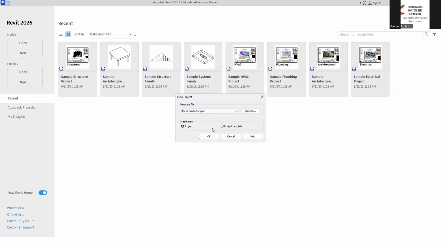But for this introduction, we're only going to use the default template. Your professor next term, when you really start Revit, might ask you to use a certain template which becomes the standard, similar to our metric and imperial standard in AutoCAD. So select project. So we're creating a new project based from the metric template. Click OK.